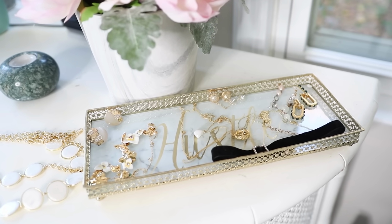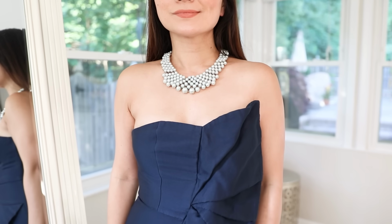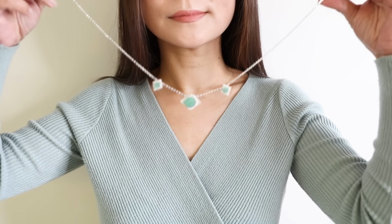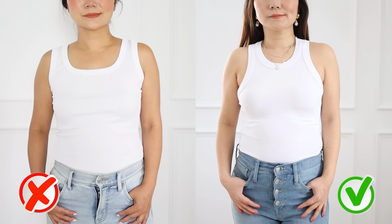Besides a belt, here's another thing. If you include it, it can totally transform your outfit, and that is jewelry. Now, here's a very big common misunderstanding. You only need jewelry when you are very dressed up, and you don't need it if you're wearing a very basic outfit. That is how I used to think, and I see a lot of women still making the same mistake. But actually, the more basic your outfit is, the more you're gonna rely on your jewelry and other accessories